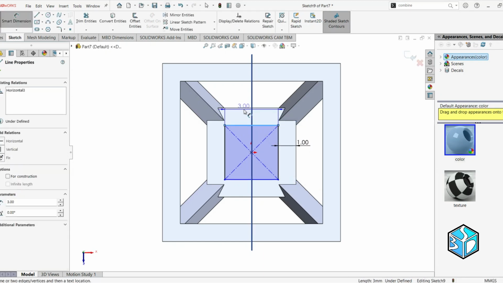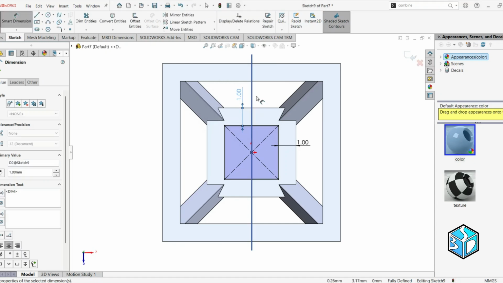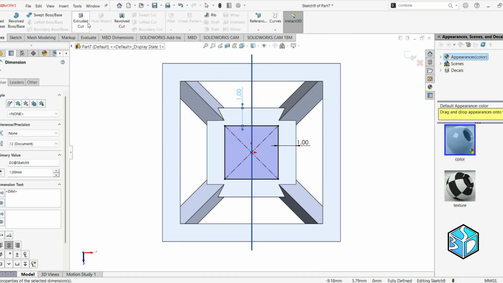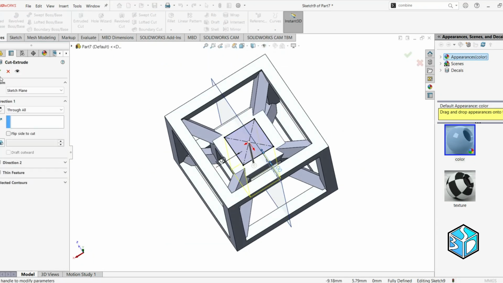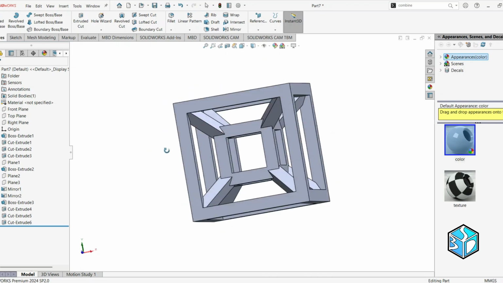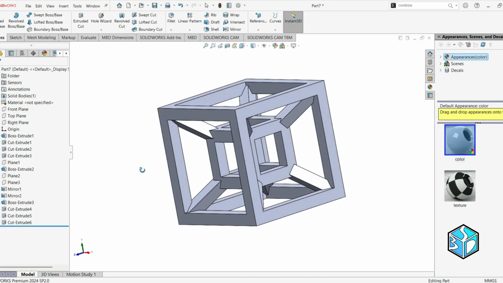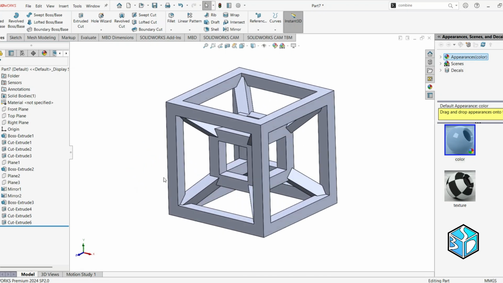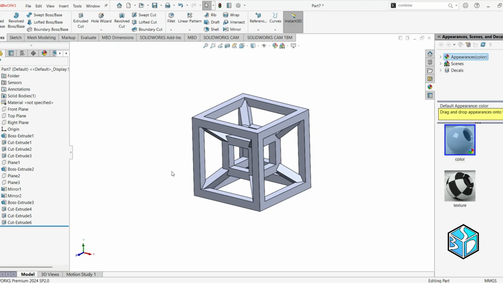One and one on this side. Great. Okay, let's just extrude cut it. Okay, let's hide this plane. Here is our very beautiful Tesseract unit cell,